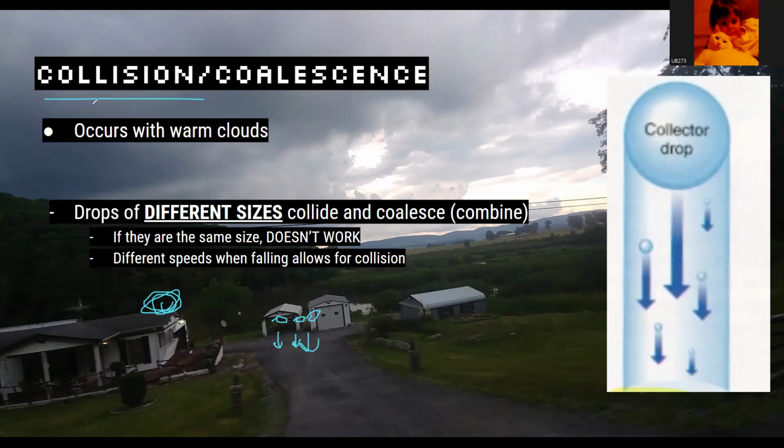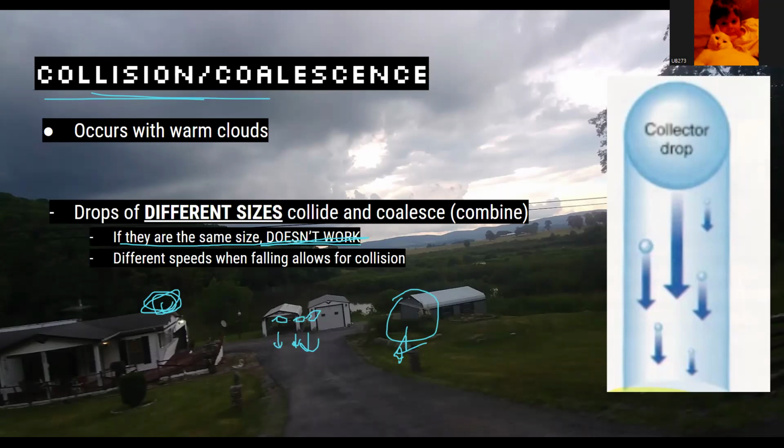I mean, think about what that means. We're saying they're colliding, they're coalescing. What does that mean? Well, they're colliding, they're going together, they're coalescing, and they're getting bigger to rain that actually is something. And so that's why they have to be different sizes, because if they are, then the bigger one will run into the smaller ones like that, and then they'll combine. So that's the key thing. They have to be different sizes or it doesn't work. But like I said, in the first place, that's not even as common.